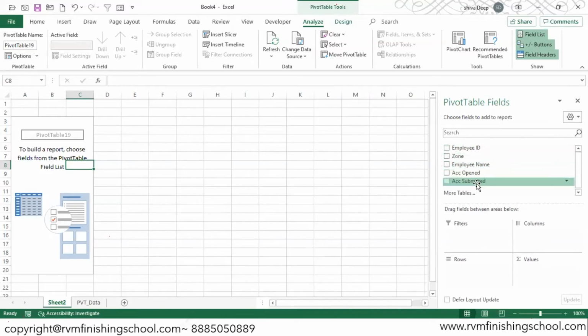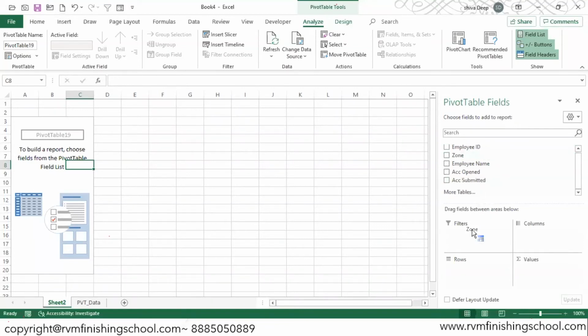So headings are important. That is what I said in the beginning of the tables and pivots, that everything is clubbed based on the headings. Now you see 4 things in here: filters, columns, rows, values. When you look at filters, this is exactly like a filter. When we say filter, it is basically used to filter the data down. So if you put employee ID into this filter, employee ID is unique, so even if you put in filter, it is not going to help you in any way.